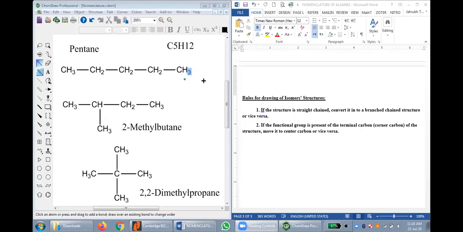वो एक्चुअली इस स्ट्रेट लाइन के स्ट्रक्चर में ही काउंट हो जाएगा, वो पेरेंट चेन में काउंट हो जाएगा, वो ब्रांच का पार्ट कभी नहीं बनेगा। ठीक, इसी तरह से 2 मिथाइल ब्यूटेन को गौर से देखें, इस स्ट्रक्चर में हमारे पास 3 CH3 पोर्शंस हैं, एक ये वाला कॉर्नर कार्बन है लेफ्ट हैंड साइड, एक ये वाला कॉर्नर कार्बन है राइट हैंड साइड, और एक बॉटम पे कॉर्नर कार्बन है। ठीक है, तो हमारे पास 3 कॉर्नर कार्बन हैं।